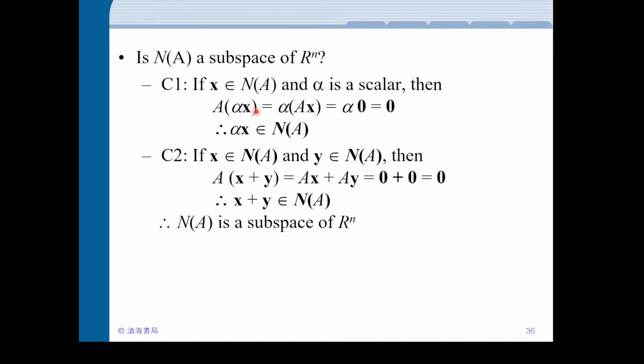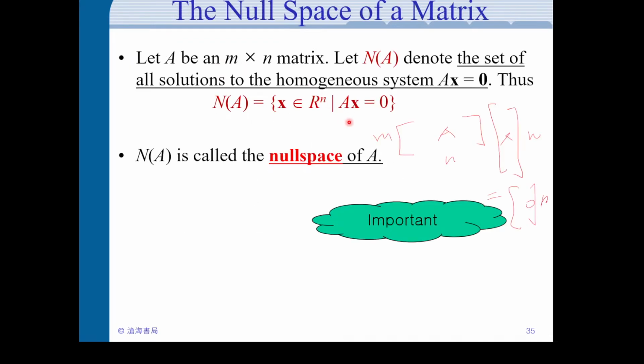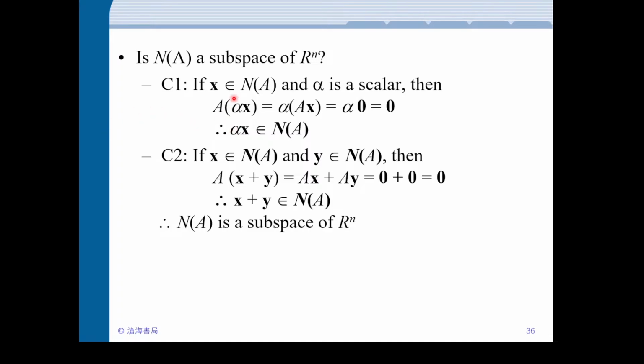And let's check that it's actually a subspace of Rn. We need to check C1 and C2. C1 says that if something is in the null space of A, and you multiply it with a scalar alpha, then it's still inside the null space of A. Null space is defined with this rule, so let's just play it out. We have A times alpha x, and we want it to be a 0 vector. Now we just use a rule on matrix multiplication. We can take out this alpha, and